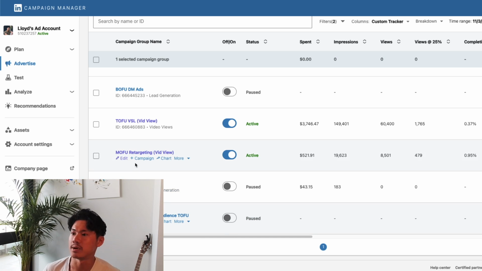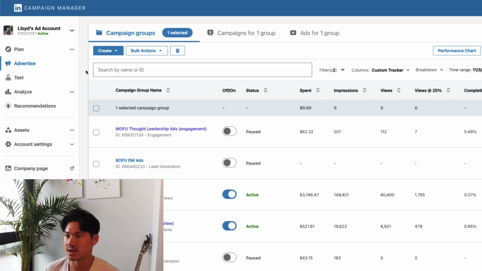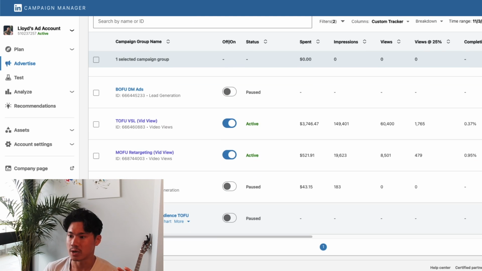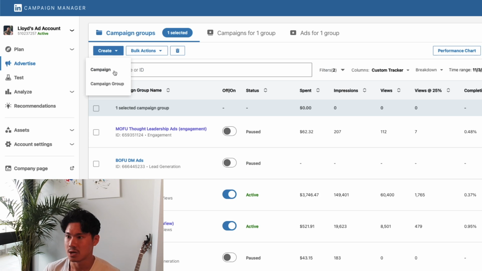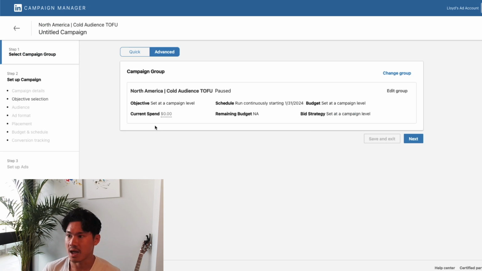As I had said before, now we want to go and create the following layer. The following layer, as you will remember, is the campaign layer. So we're going to check mark just this because we're going to be specifically operating inside this particular campaign group. We're going to then say create campaign. And then now it's going to select that particular campaign group that we had just clicked.